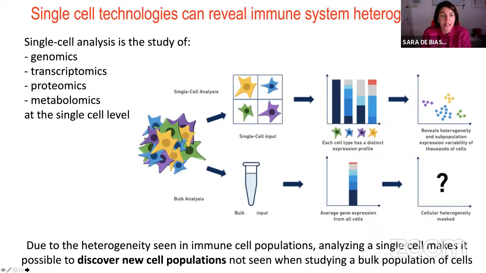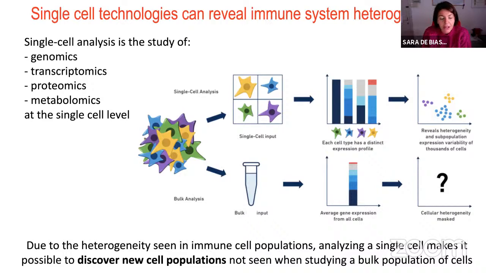The oldest single cell technology, the oldest single cell method, is represented by flow cytometry. Flow cytometry, for instance, is able to analyze the expression of different proteins, up to 40 proteins by now, on a single cell level. And single cell analysis is also the study of genomics, transcriptomics, proteomics, metabolomics at a single cell level. And it is very important because it allows us to discover heterogeneity in the immune system and immune cell populations,